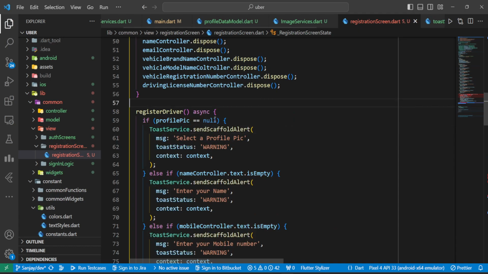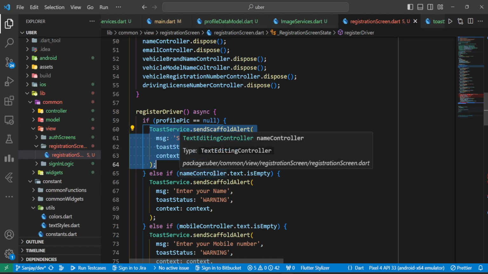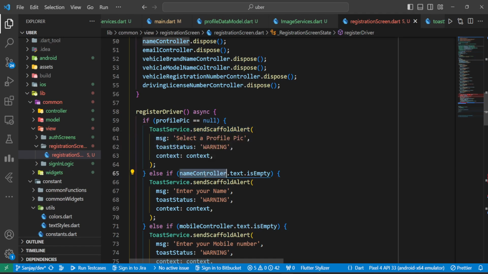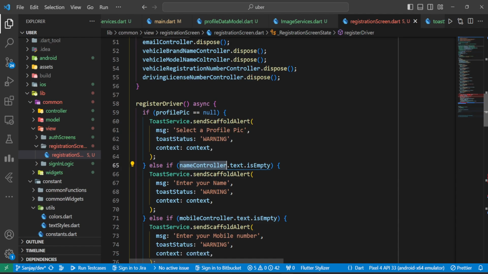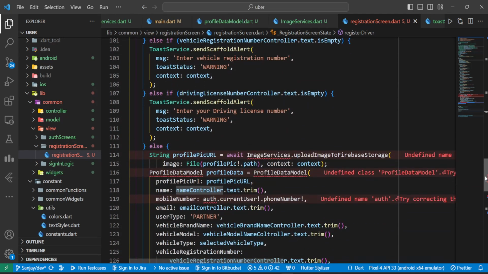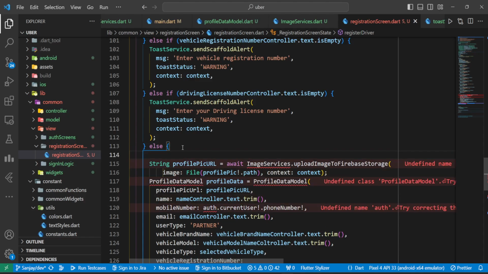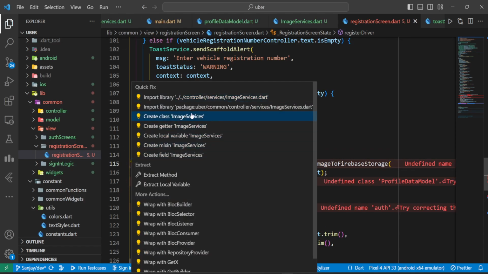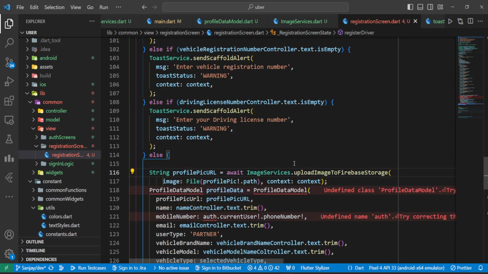As you can clearly see, it checks whether profile pic is null or not. If profile pic is null, you just throw a toast. Then it checks whether name is null or not. If it's null, then throw a toast. And after all of the checks, if everything is filled up, then we execute the function to upload the image to Firebase storage. And when we get the image downloadable URL,